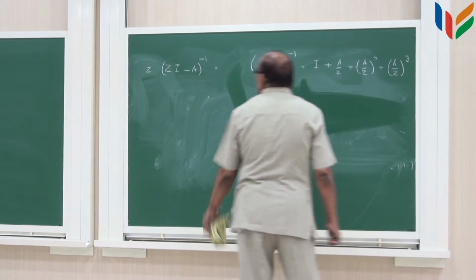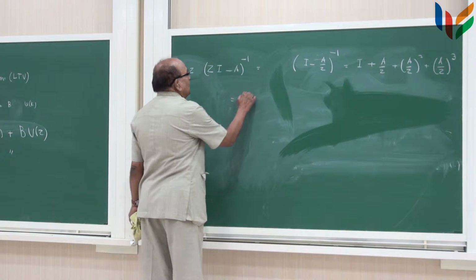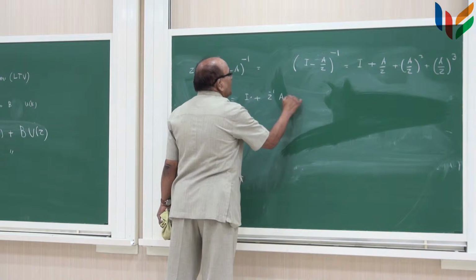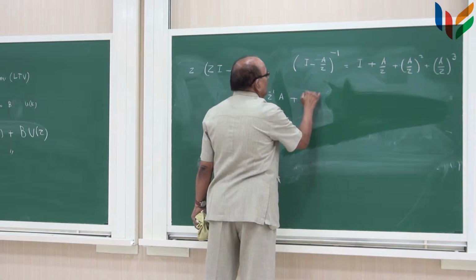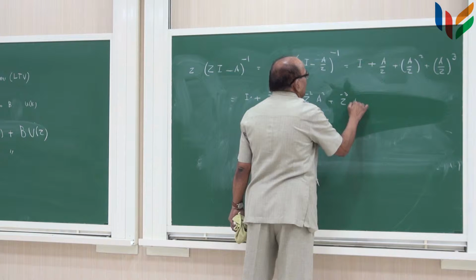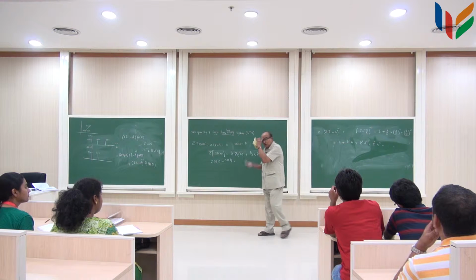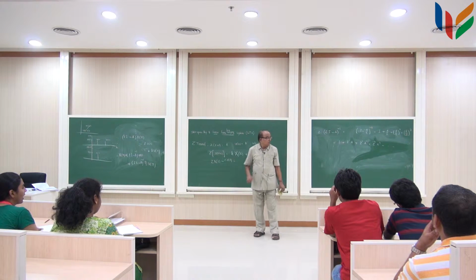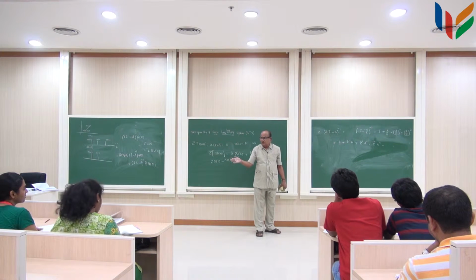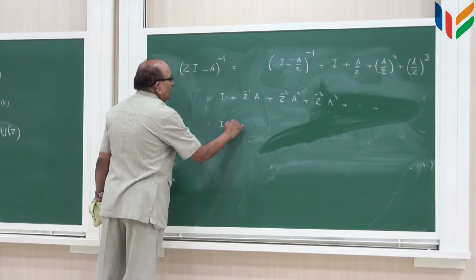Once you have done this, then the inverse transform of this can be very easily written as I plus Z minus 1 A plus Z minus 2 A square plus Z minus 3 A cube and so on. Okay. So, what is the inverse transform of this? X0 is a constant, mind you. So, I can multiply the inverse transform by the constant to get the actual value. So, the inverse transform of this will be just equal to I plus